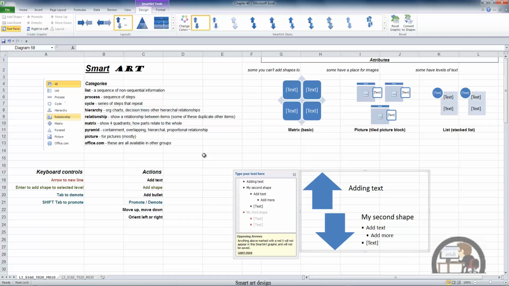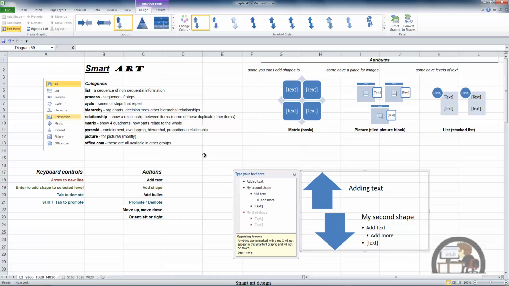And in the text pane, we get an error. Anything above marked with an X will not appear in the SmartArt graphic and will not be saved. That is true. I can still go to another graphic that allows for the display of that text with 3 or more shapes, and I'm fine. But once I close and save this workbook and open it up again, I will lose the text that's associated